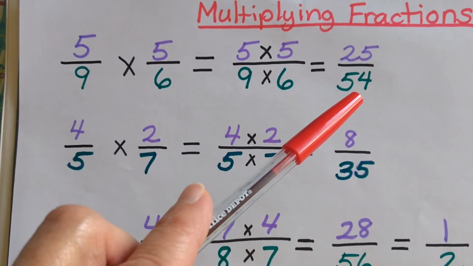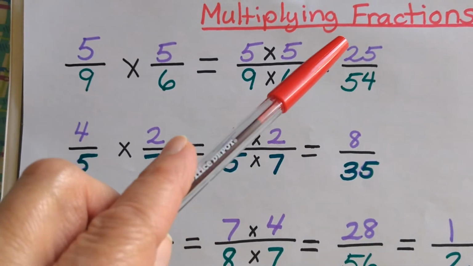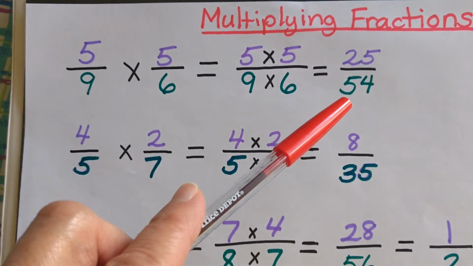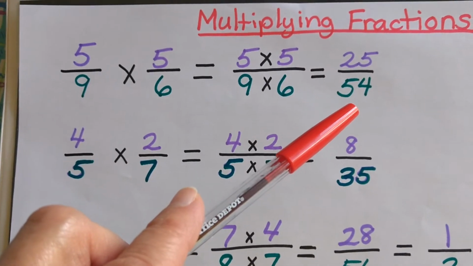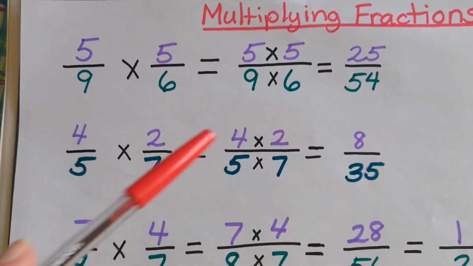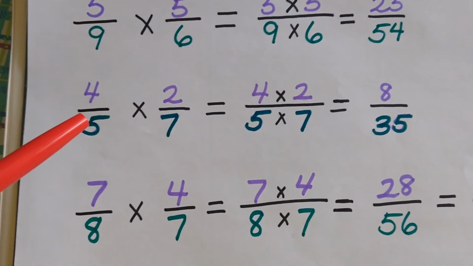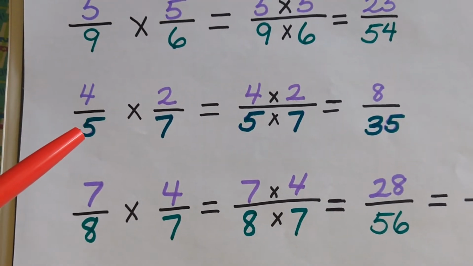And then we need to ask ourselves, do we need to reduce this or simplify it? And the answer to that is no. We leave it the same. Let's look at the next problem. It says 4